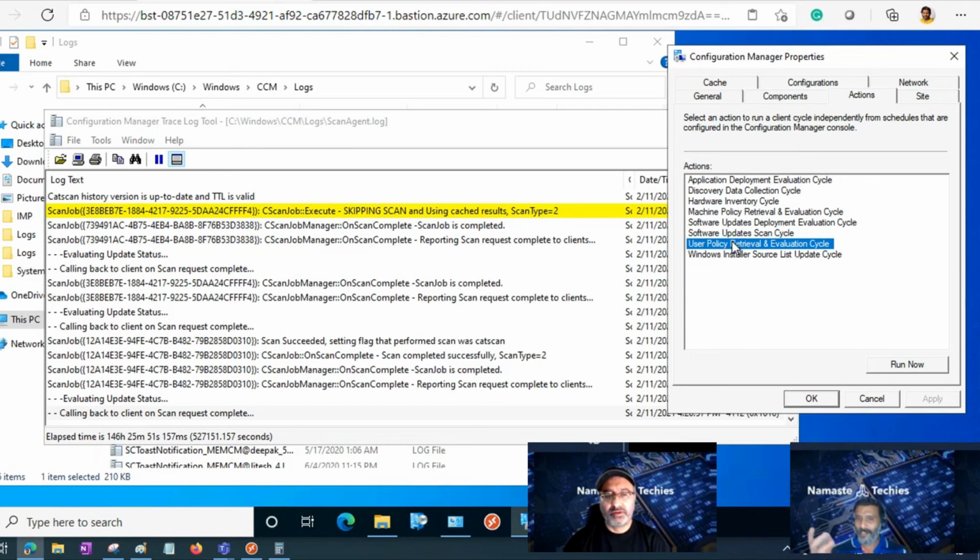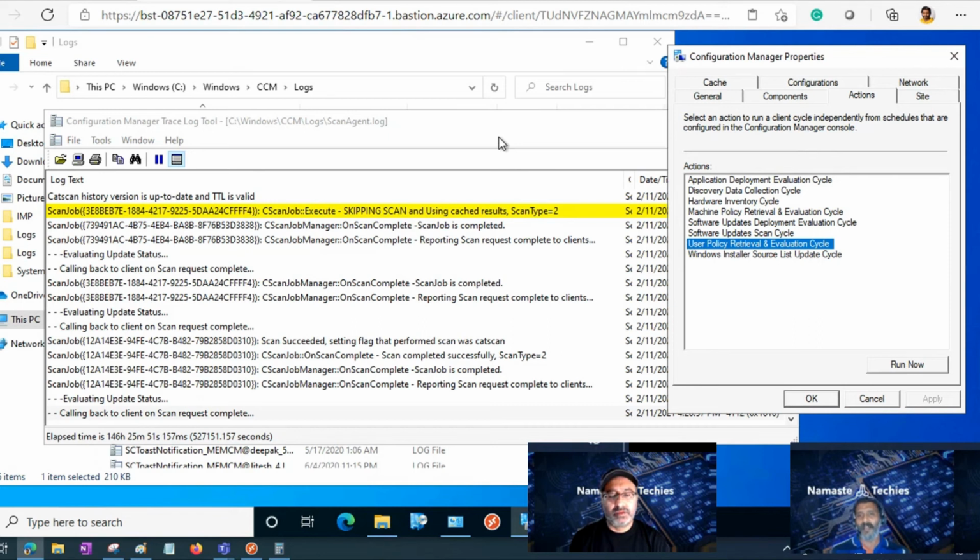So why is the client not getting the policies? There could be several reasons, many reasons for that. One could be boundary issues, boundary group issues. You have not assigned the proper boundary groups, or the client's IP address or AD site is not coming in the boundary groups, or something like that. Otherwise, the MP is down, your MP communication is not working, or there is some firewall in between, and that particular firewall is blocking some communication. That could be another reason. So there could be several reasons, and we can easily troubleshoot all these things using the log files,